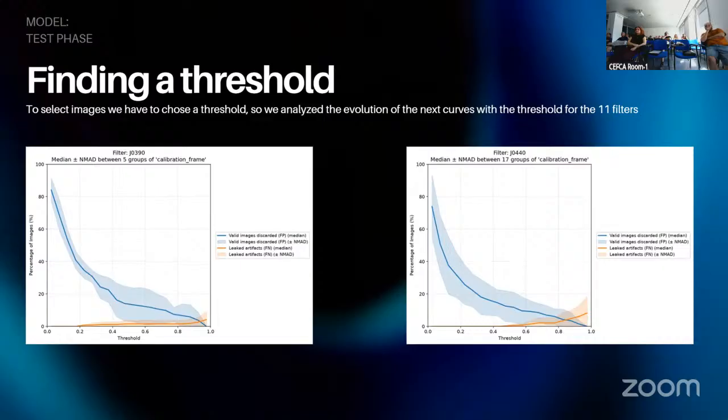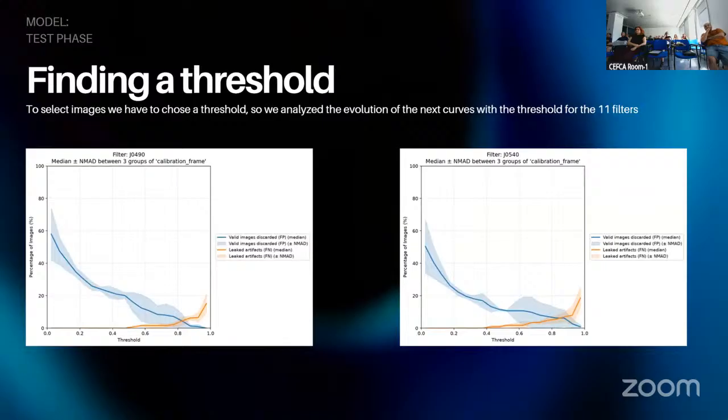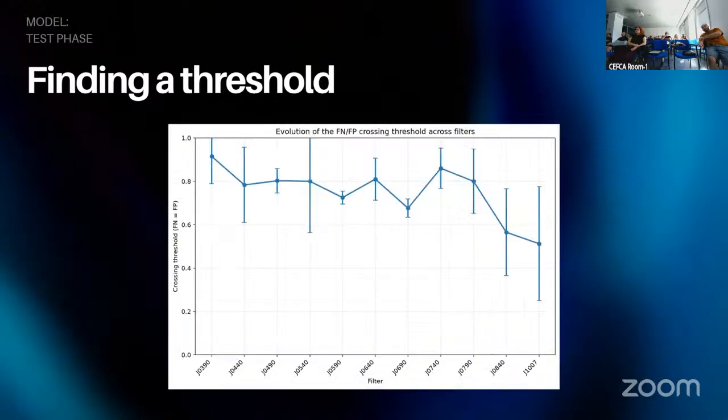And we plot this curve with several filters. Of course, this behavior is the same in all of them. We tried to get an approach for the best threshold by plotting the cross point between the two curves for each filter, to see if there was some pattern here, but at first we saw nothing. I think there's no tendency or correlation here. So finding the ideal threshold is something that is yet to be explored.